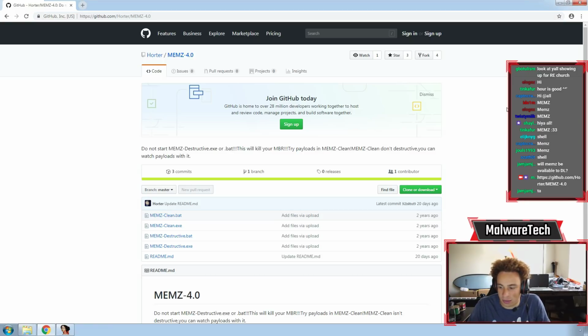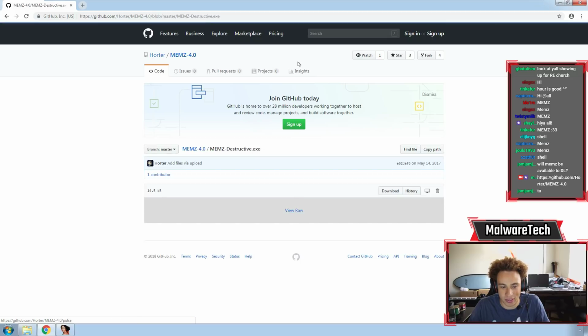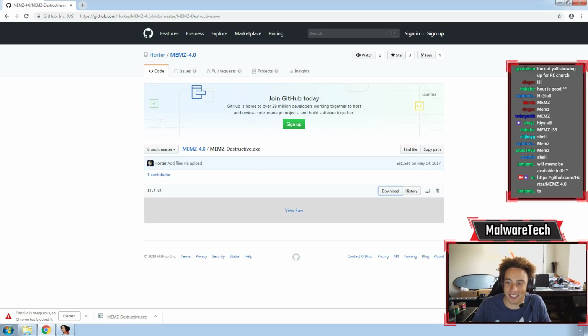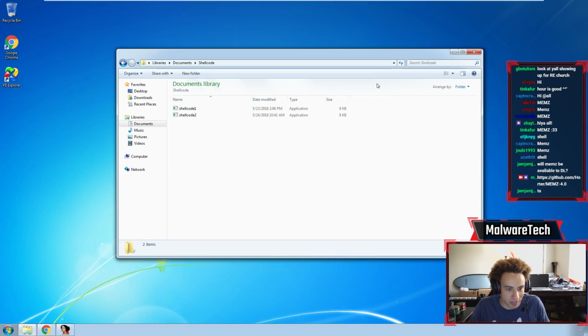So we'll do Shellcode1, then we'll get onto the MEMZ malware, which you can find at that link. It's the memsdestructive.exe is what you want. You want this one. So just kind of download that. It'll warn you that it's dangerous because it is in fact dangerous. So to start with Shellcode1,